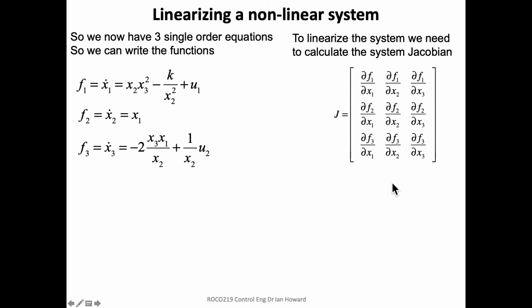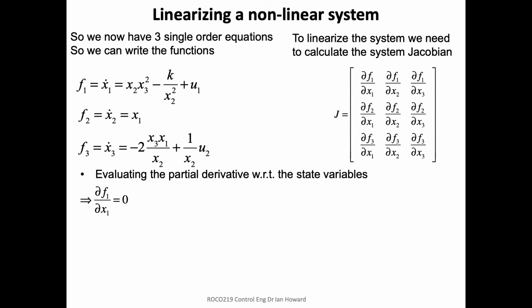So all we have to do to linearize this part of the system is to calculate this system Jacobian. So we just have to plod through them all in order to actually solve them. First of all, we look at the first equation, and there isn't an x1 term in there, right? So differentiate that with respect to x1, we're going to get 0 because everything else is constant. Looking at this with respect to